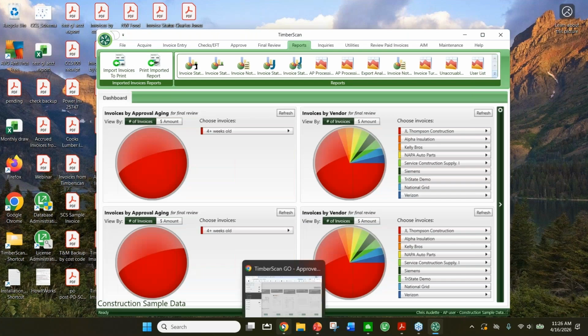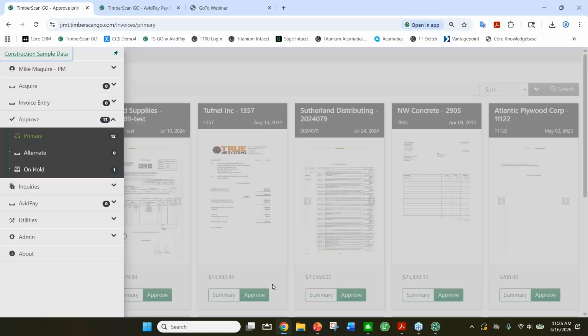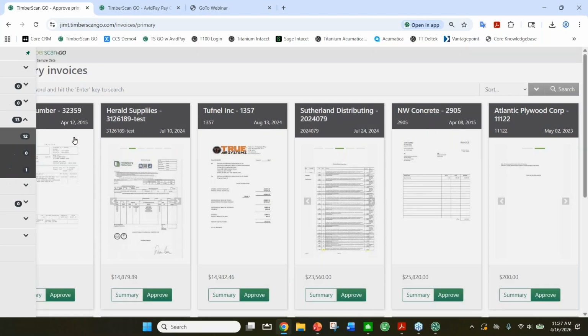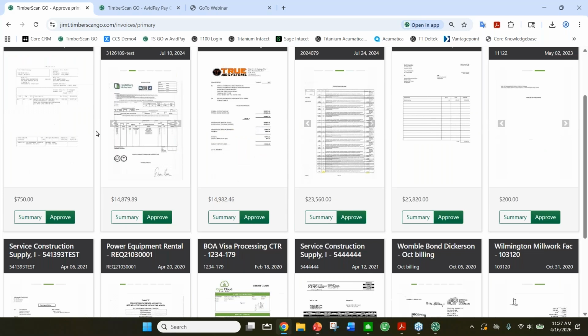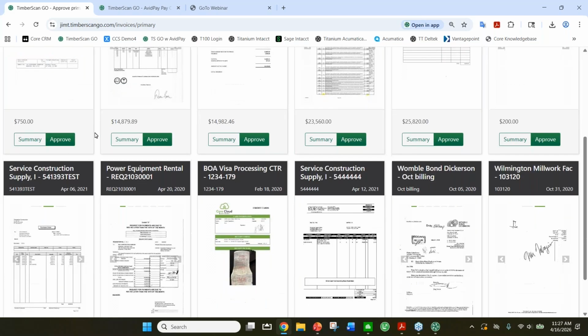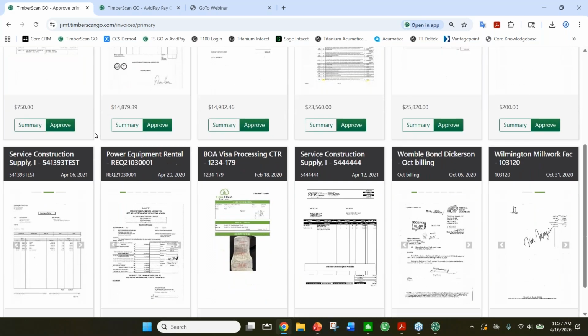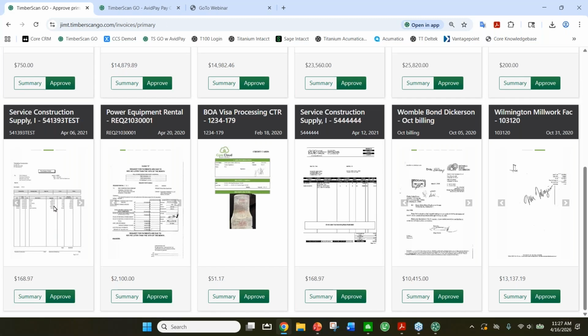So that's where I'll go now. I'll go into the web interface for that. Again, it's not just for approval. You can use it for invoice entry, acquiring documents, running reports, etc. But as far as approval, very straightforward by design. As an approver, I can see all the invoices that are with me. I'll get a thumbnail view of these invoices that are in my queue. And then when I click into one,